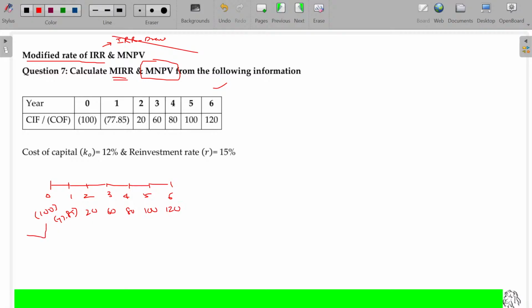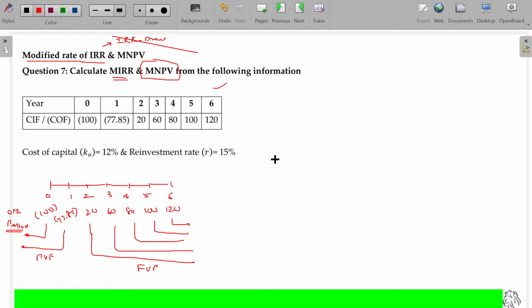Outflows are brought to the 0th period using the PV factor. Inflows are taken to the nth period value, the 6th year, using the future value factor. If you have 100 rupees in your hand today, together with 10 rupees of interest, it becomes